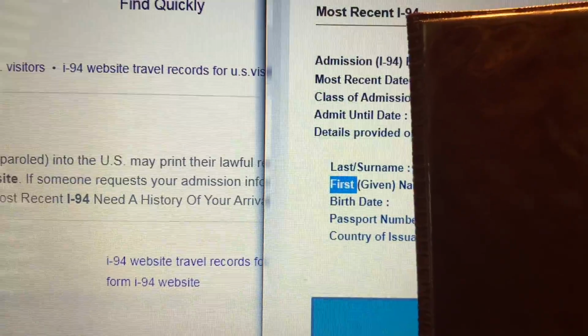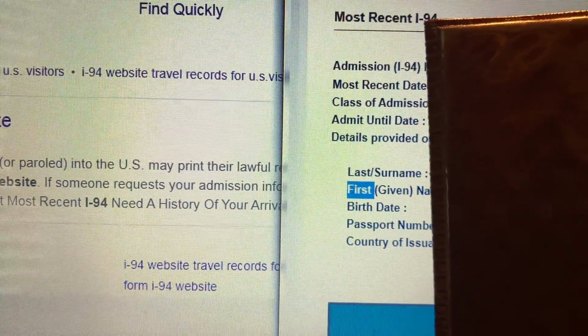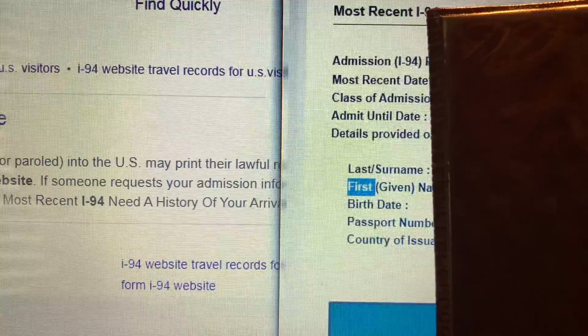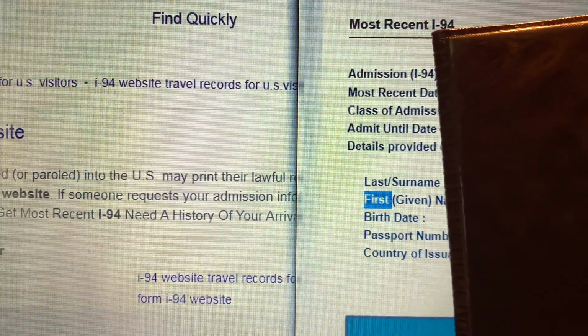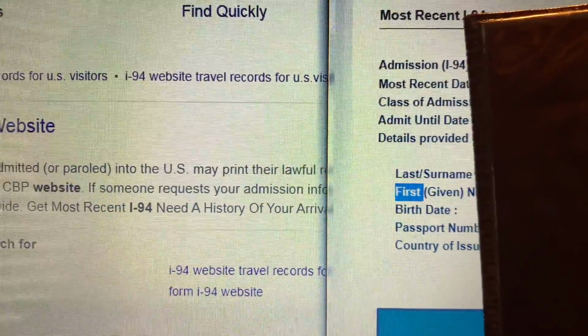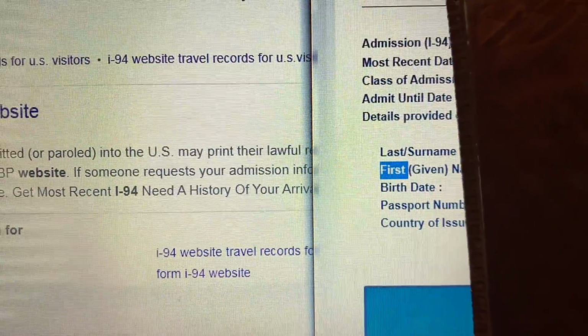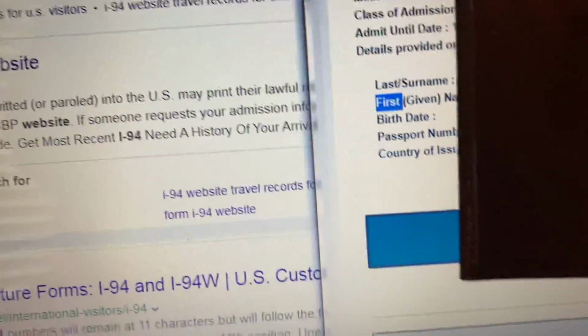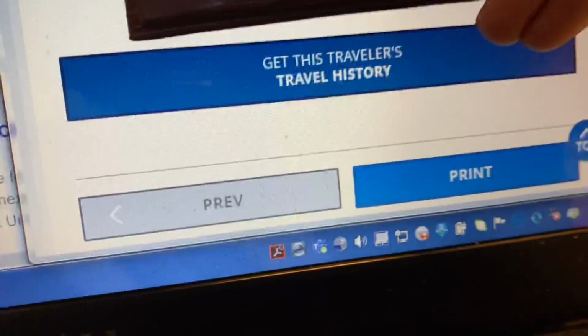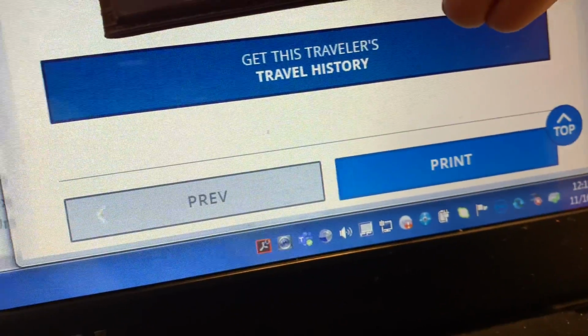Admit until date: there is really an expiration, and that's where you can see it. Then the details provided: the last name, first name, birth date, passport number, and country of issuance. That's how you can get your travel history.